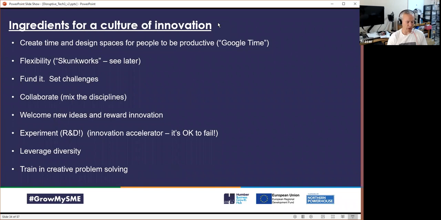You may think about training solutions. So training people to think creatively or about problem solving. And the final one there is about Skunk Works. So these are groups of people that come together within an organization almost as a spin-off. And that spin-off has got more freedom to work away from restrictive bureaucracy or policies, to work on things which it sees as potentially disruptive or innovative.